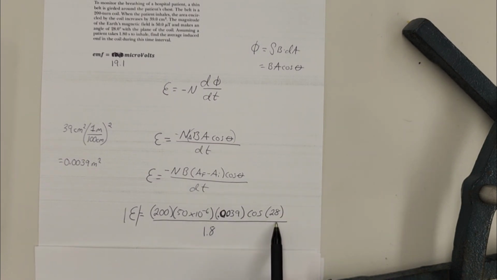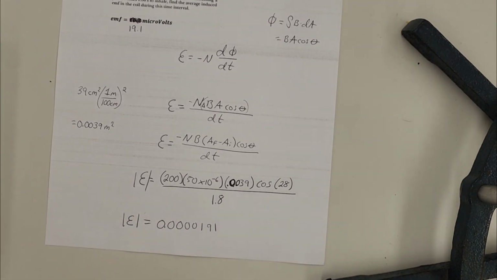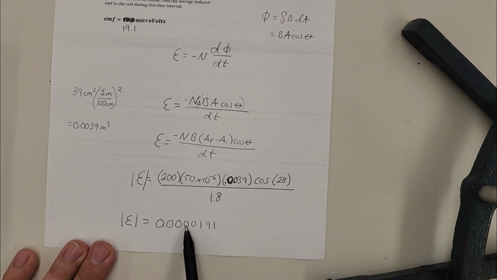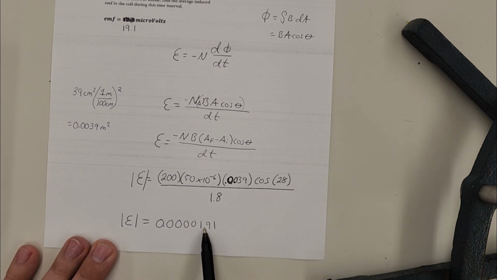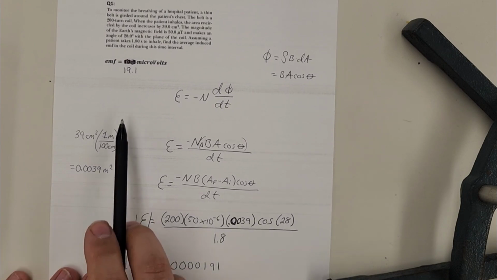And then the cosine of 28 degrees, that doesn't change. And this whole thing is taken over this small amount of time of 1.8 seconds. If you plug that into your calculator, you should get an answer in EMF of maybe 0.0000191, or you might get 1.91 times 10 to the negative fifth. You can always convert that over to get our answer of